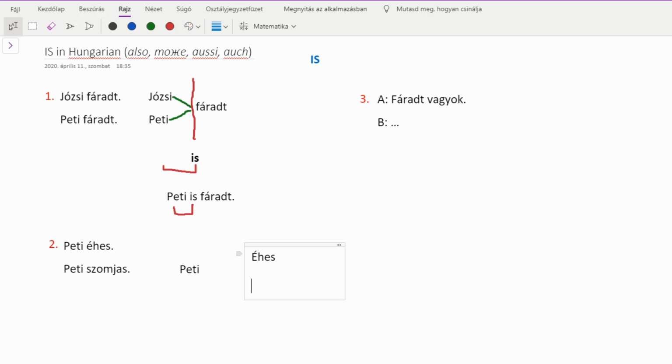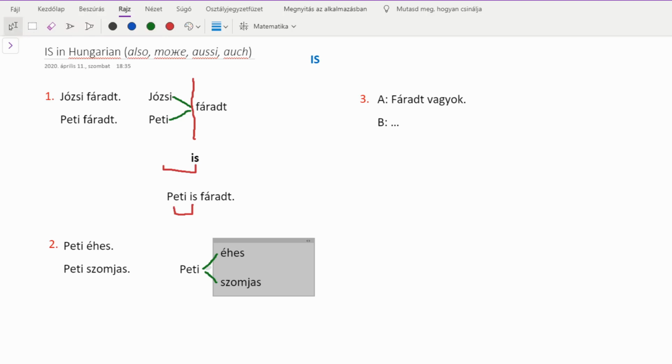And the second condition is szomjas. It means thirsty. So in this situation, we can draw the two lines. So Peti is the subject, and there are two conditions that apply to the same subject at the same time,